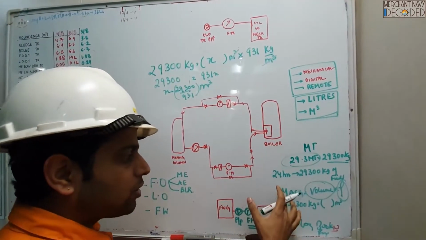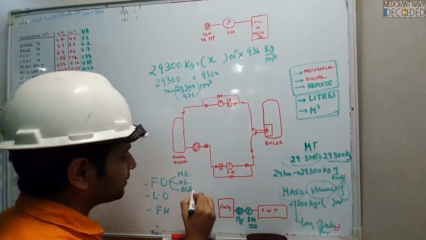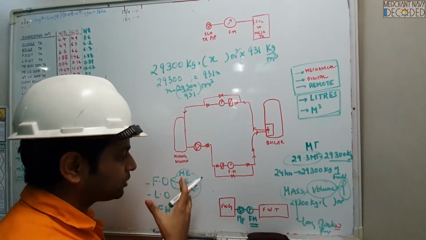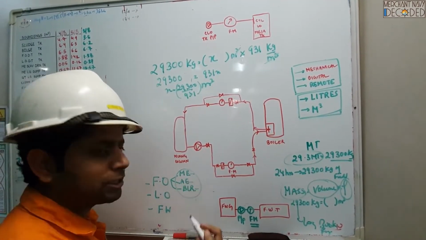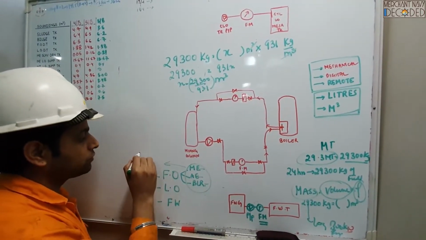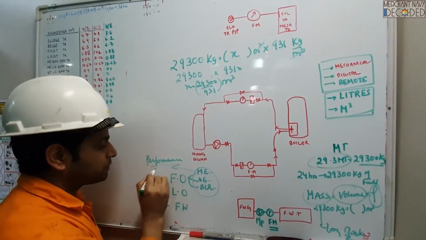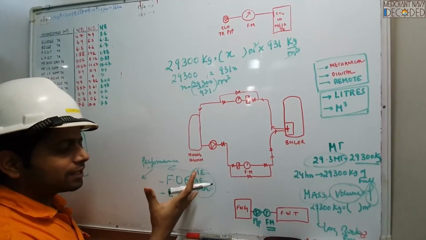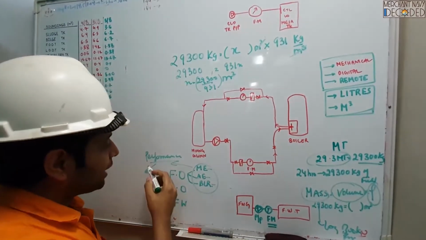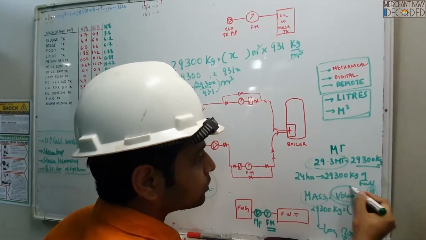This mass is not just important in the case of main engine, generator, boiler, how much you are consuming, but it is also very important because it tells us how our machinery is performing. I am going to talk about the performance of these machineries later. But performance means how much fuel they are consuming for running at a particular load. So for calculating that fuel, you need to know the density and you need to know the volume.